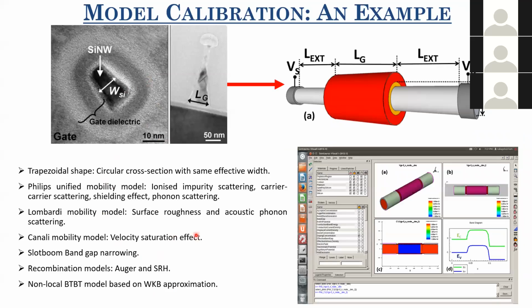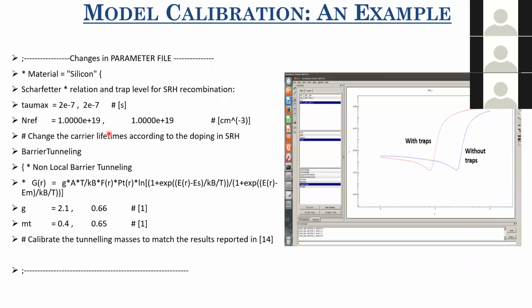Now, can we use the default models? If we use the default models, we won't be able to reproduce experimental characteristics. I found it difficult to reproduce them. So what has to be changed? First, we are using the SRH model, and the doping is 10^19. In usual SRH models for MOSFETs, the doping is close to 10^14 or 10^15, so the carrier lifetimes are large, about 1 microsecond. However, when your doping concentration increases to 10^19, your tau max, or carrier lifetimes, decrease. So here I have used a decreased carrier lifetime